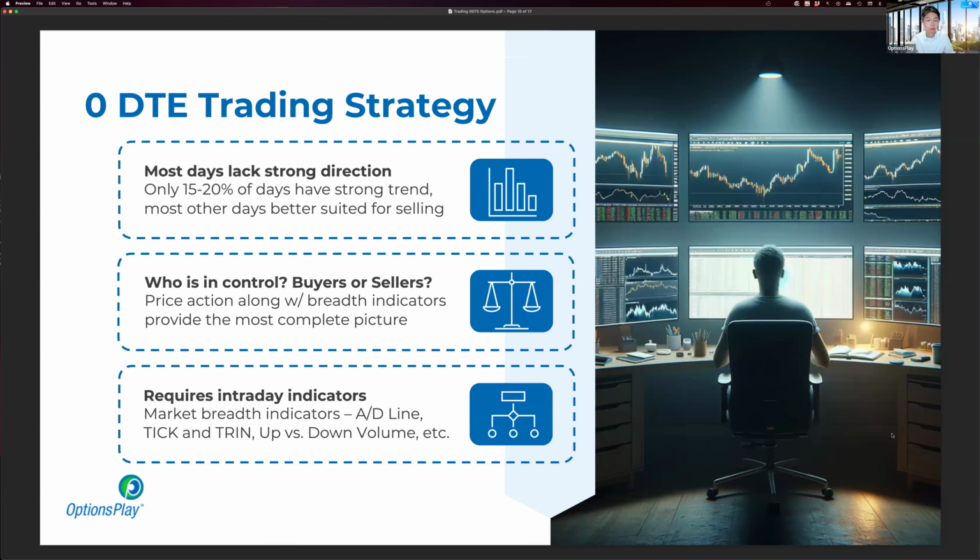And if buyers have control or sellers have control, look at potentially trading a directional strategy. What you're trying to do is determine in that first hour, does anyone have control? And throughout the day, does that team, if you will, maintain control? When you have one side of the market have control in the first hour and then maintain control through the